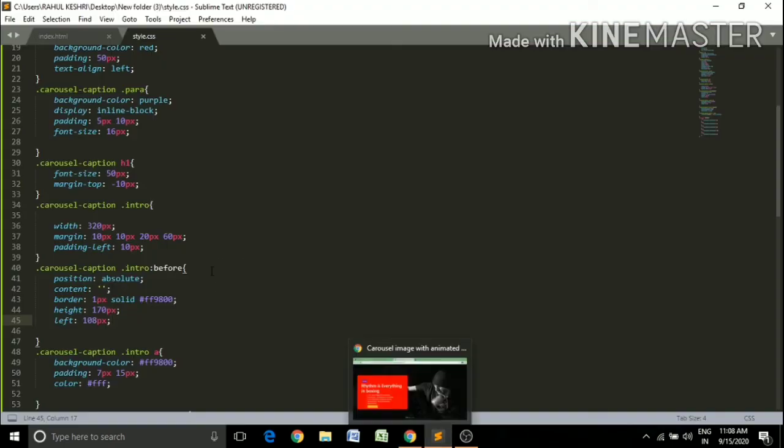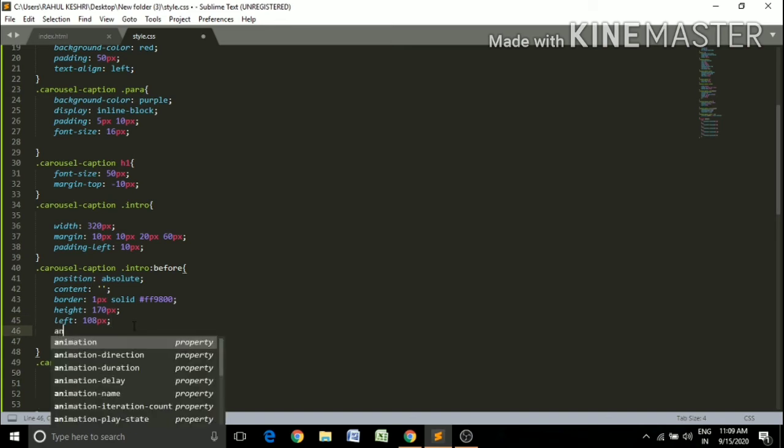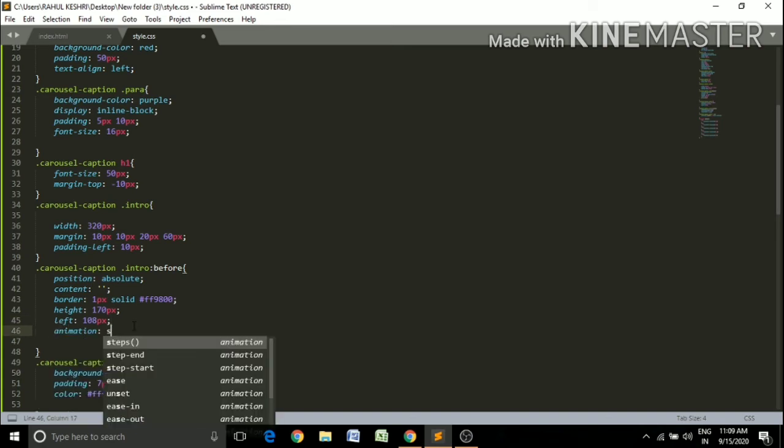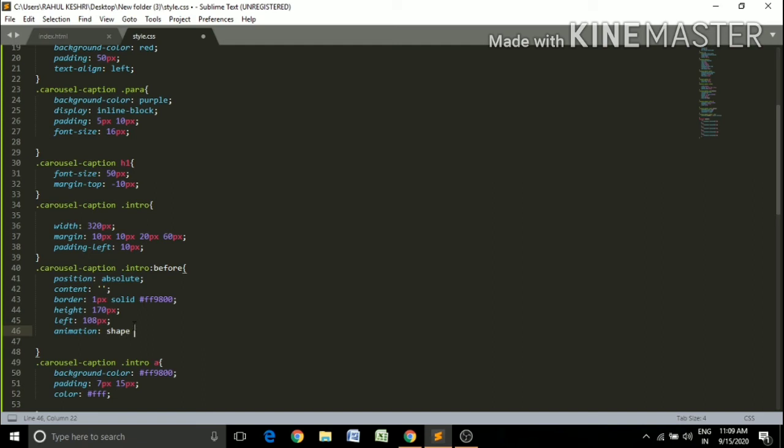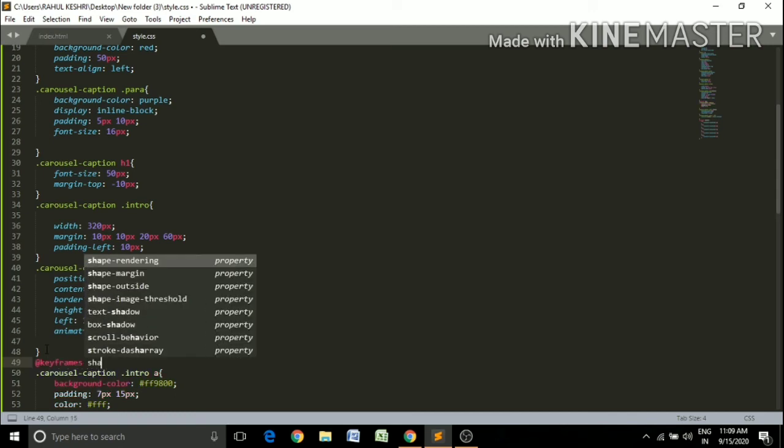Now we have to animate it. Simply using animation, make a name of animation, like save, 3 second ease, and use @keyframes to create the animation.